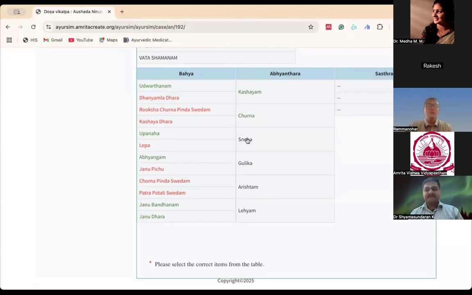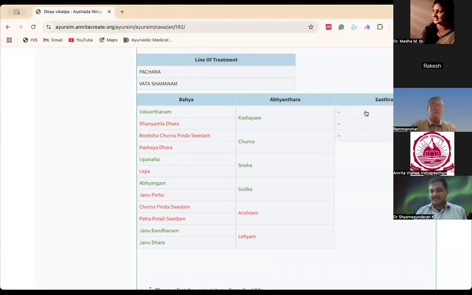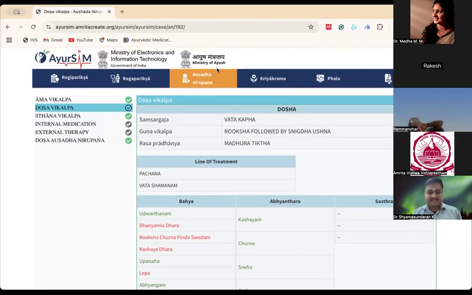And in Abhyantara, which are the type of yogas you will use? Is it the Kashaya yogas or the Gulikas or Arishtam or Lehyam? All of this will give you. And here, as it is not Shastra Sadhya, it is given as blank. So having done the Aushadha Nirupana, now,